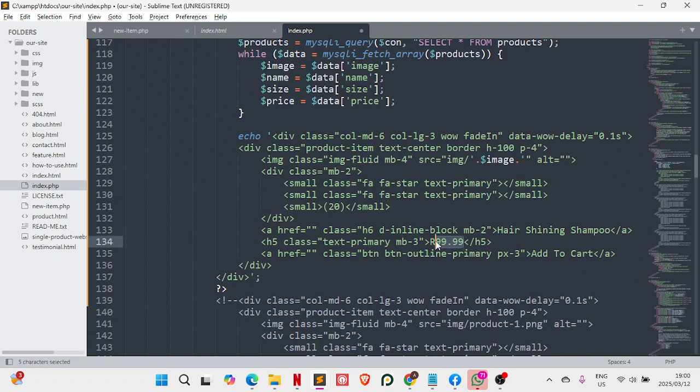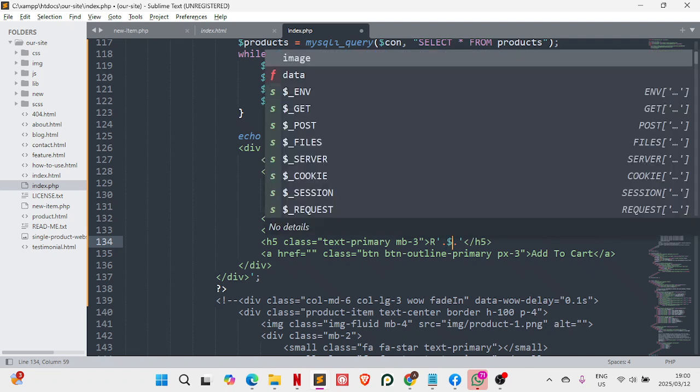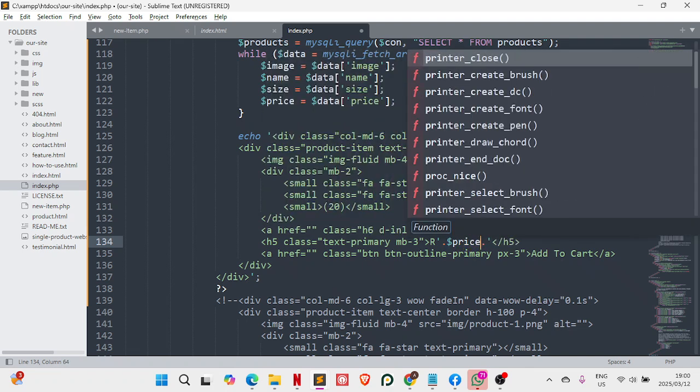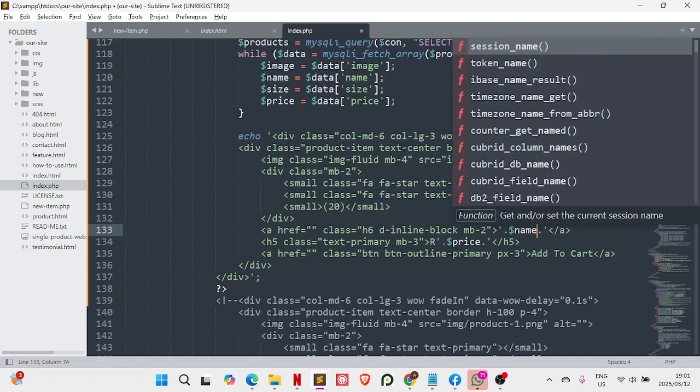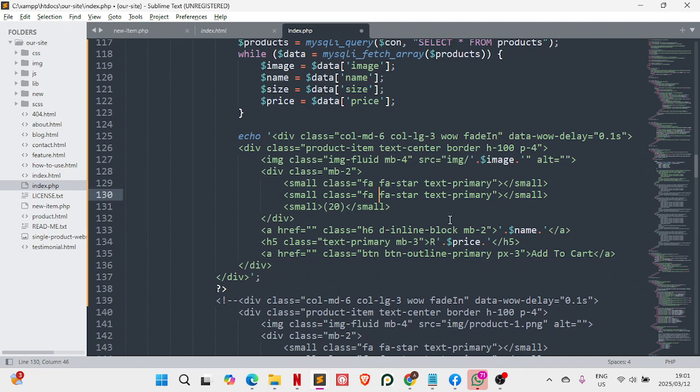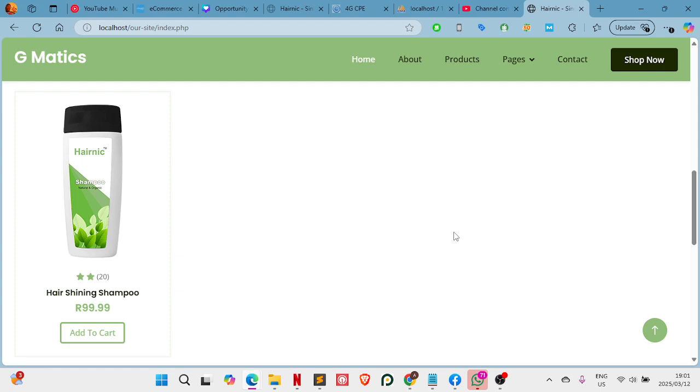So the price I will just leave the R, because we only enter a number that side. I'll just say, and then I say here we set a price, and then what else, the name, and also here we remove this one, and then we say, and then we say name. For the size, there is no section for where we write the size. So now if I say refresh,